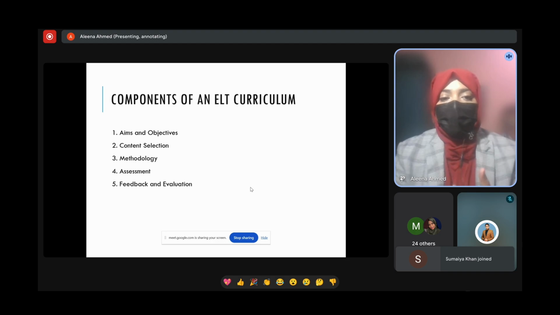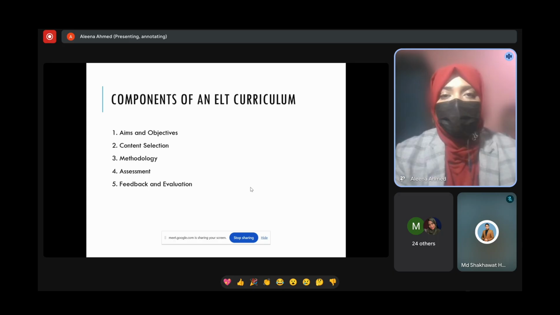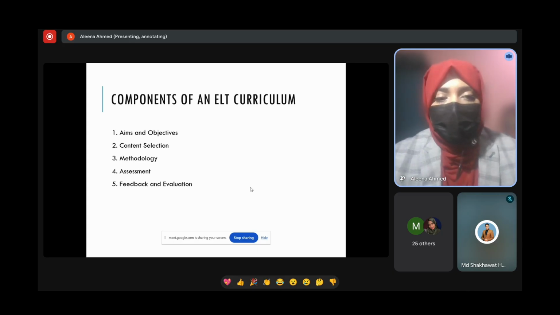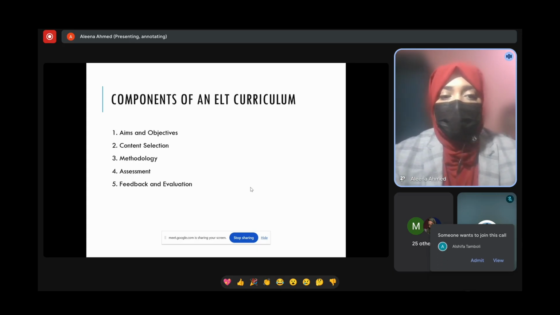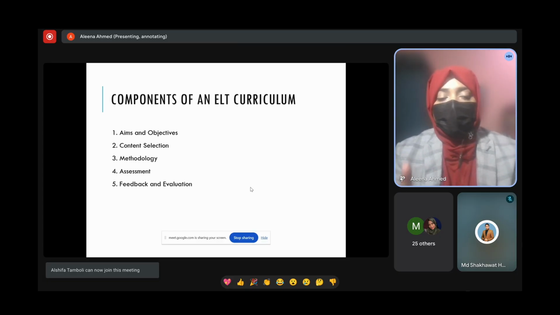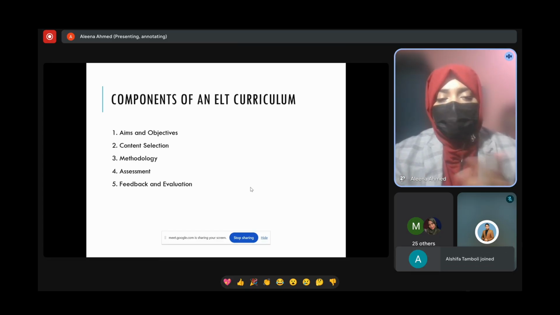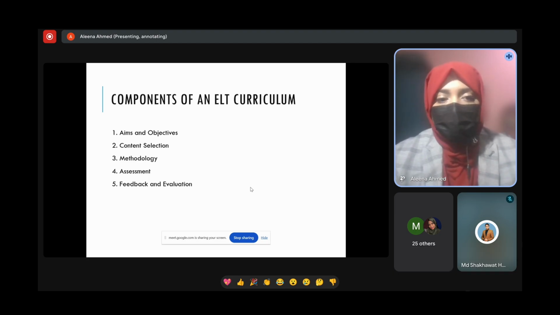So that is why our aims and objectives must be clear. If our aim is to teach the students, for example, if our aim is that at the end of this lesson a learner will be able to identify the structure of present indefinite tense, then he will definitely only be able to identify the structure of present indefinite tense. Definitely he will memorize it, he will write it in the exam, he will solve an exercise in the exam, but he will not apply that, he will not speak a sentence in real life.